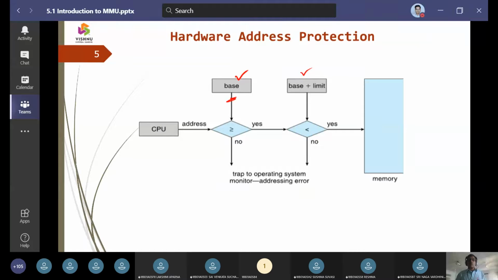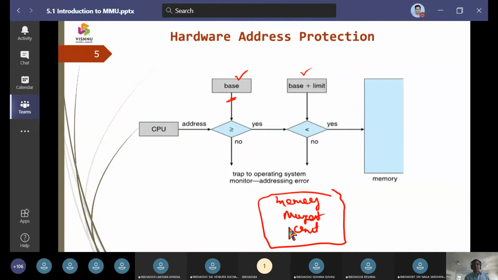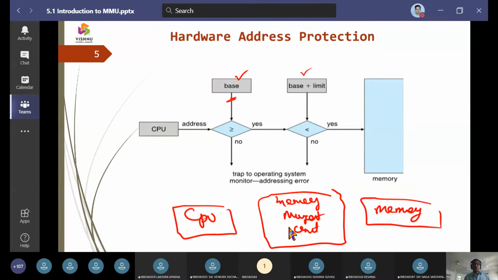So now we do have a memory management unit, and this memory management unit is going to act as an interface between the CPU and the memory. Here the CPU is going to raise the logical address. The other name for a logical address is virtual address.